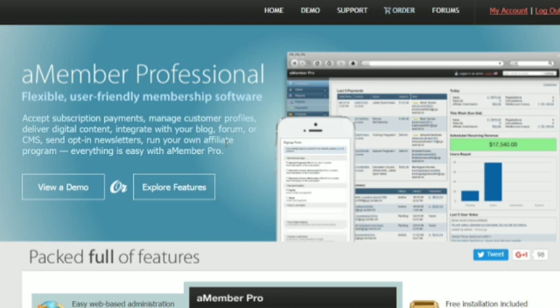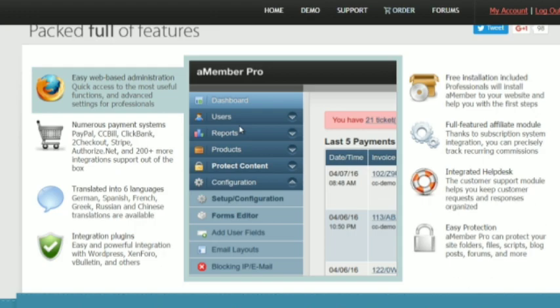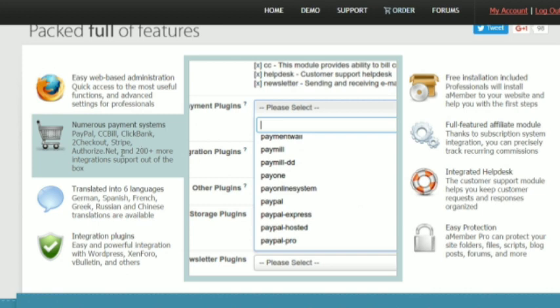Customer support is also important as well. So what I recommend that you do is that if that is a concern, contact the customer support of the WordPress plugin owner or whatever script that you bought and see how they react, see how well they help you. So aMember Pro is really great. It allows you to connect to hundreds and hundreds of different